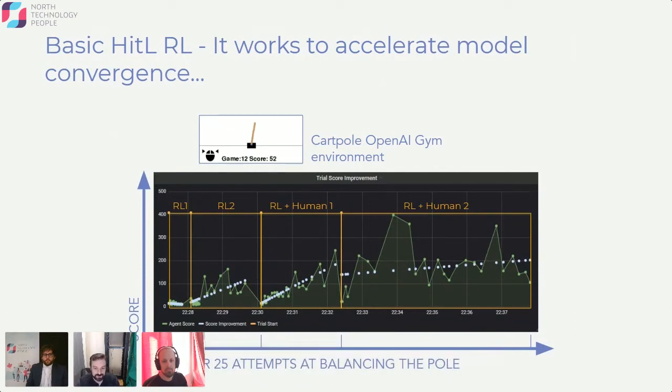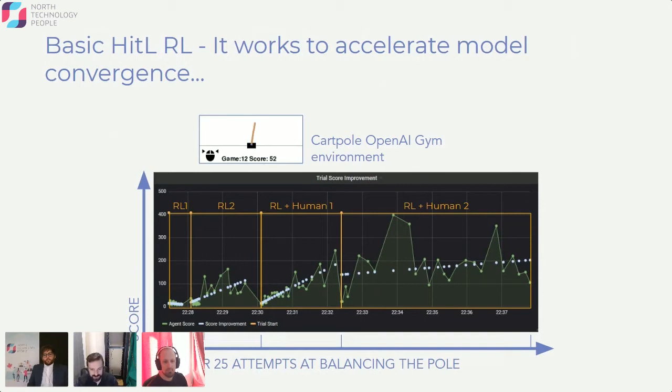People have been experimenting with injecting humans within the reinforcement learning process for quite a while now. And it's pretty easy to show results where you'll have an AI agent that will learn to accomplish its task in way fewer episodes when a human is involved in assisting it within the training process than you would have obtained with a pure reinforcement learning algorithm. Obviously, this comes at the cost of being able to run a lot fewer episodes, but in the case where you're training the AI to learn to work with the human, it's not really like you have an alternative at all.